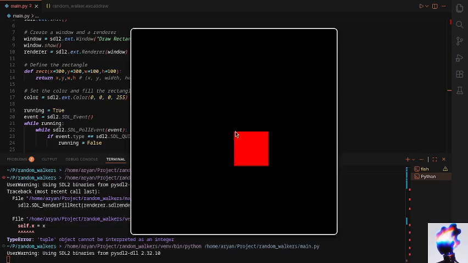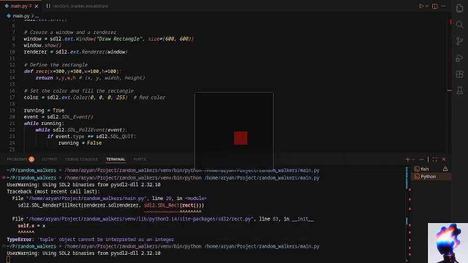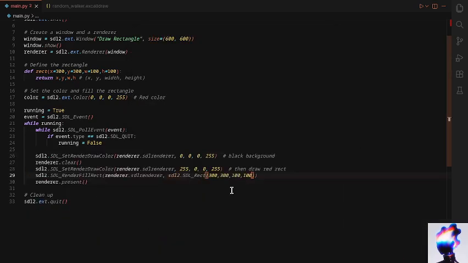And because 300 by 300 is the top left of this rectangle, it is kind of shifted to the bottom right. So for this too it is quite easy to do. Just subtract half the size of this rectangle, so it will be